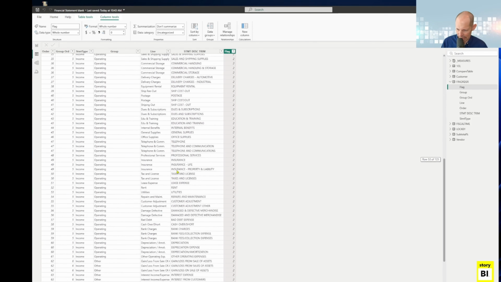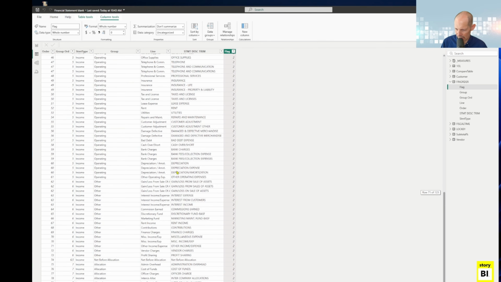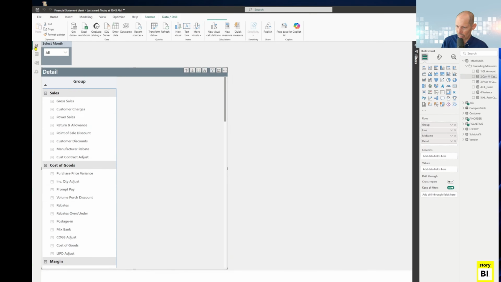We have all the way down here, net before allocation. It's going to do the same thing here. It's going to see that flag of 1 and it knows to kick over to that secondary measure, where it's going to look over here and see that we're on order line 74. And now the math is going to be from here all the way up. And so we should have dynamic subtotals based on this flag field over here when we drag our result into our